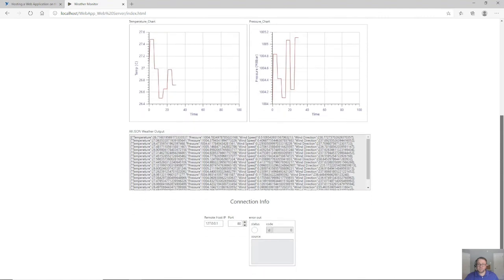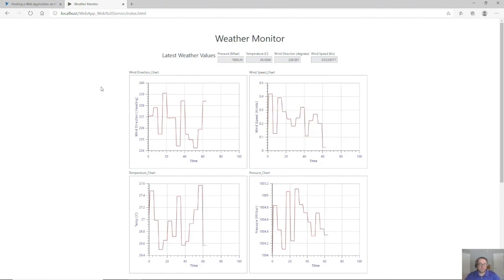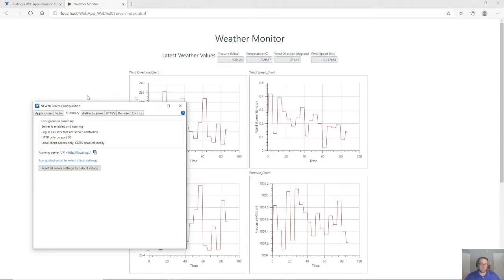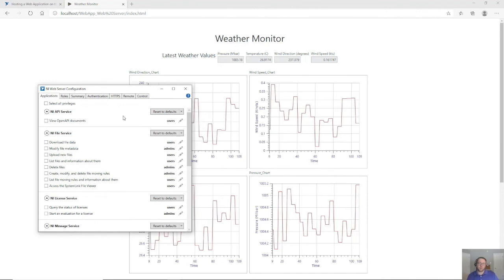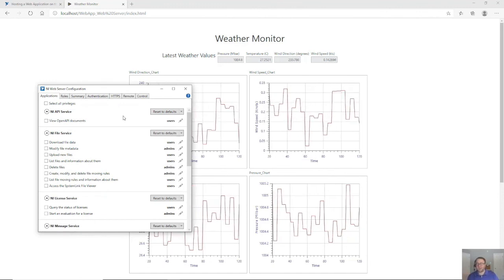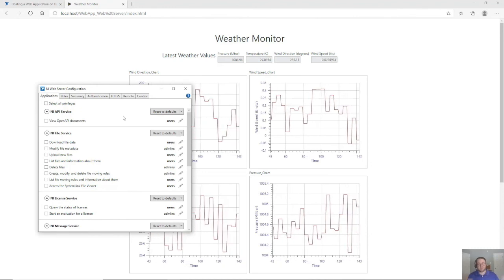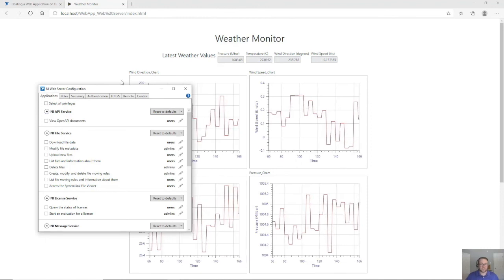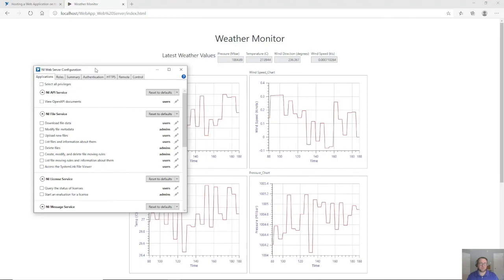So the next step would really be, now that I have this working on my development system, I would go back to the NI web server, change a few of those settings, and then start working on implementing the system so that I can access my WebVI on my local network only. Maybe if I wanted to make it public, I would go back here and start configuring those settings to make that possible. So we've seen a quick demonstration of using the